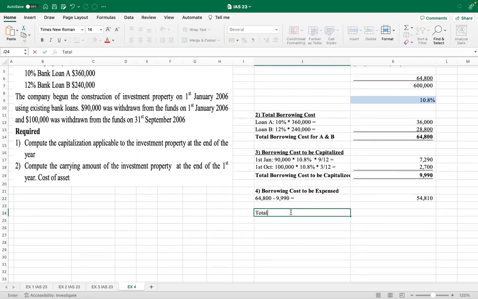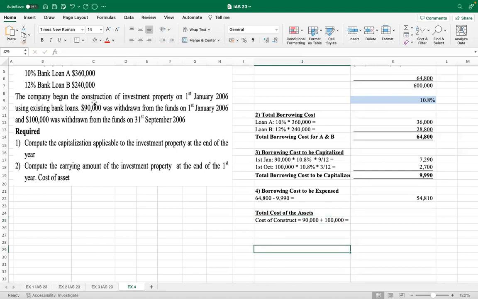Finally, total cost of the asset. How much so far has been used? It will enable us to calculate the total cost, so cost of construction. Cost of construction, we have so far only used 90,000 plus 100,000. So 90,000 is what was used in construction on 1st January and 100,000 what was used on 1st October, or 31st September. So the total is equal to